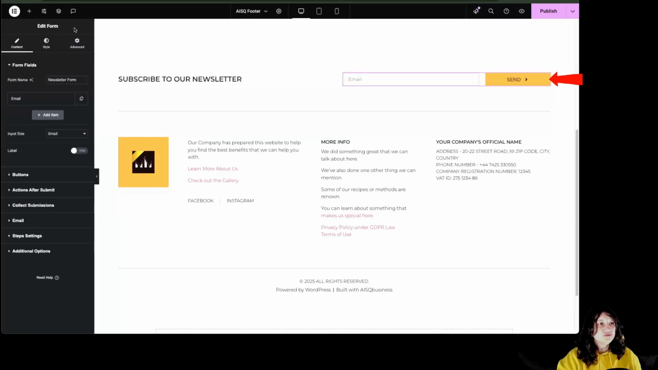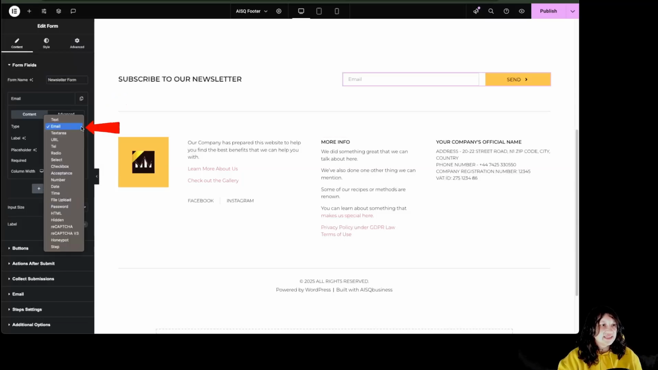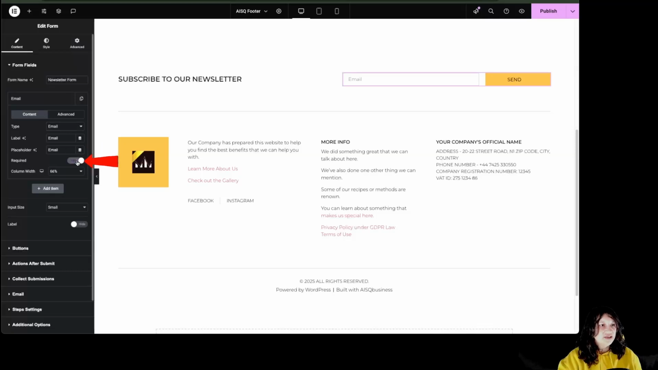Then over here we have a form widget. We have the form fields over here. We can rename the form from over here. By clicking over here to the field, we can change the settings from over here, like the type, label, placeholder, if we want it to be required, and the column width,